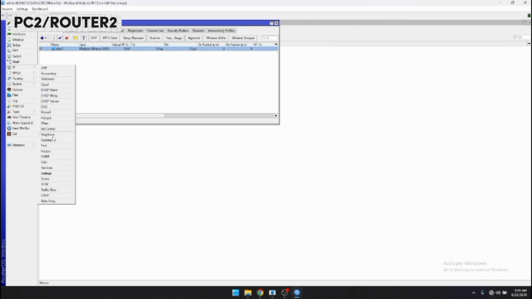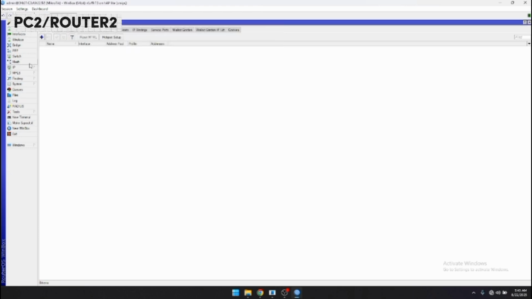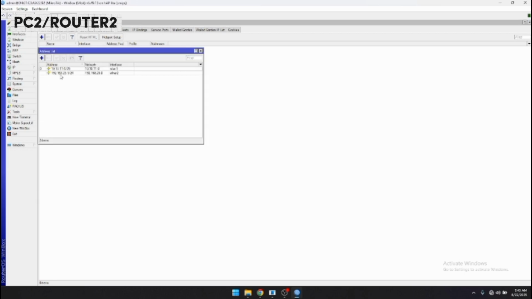Here I'm checking again for all, to be able to connect to router 1.